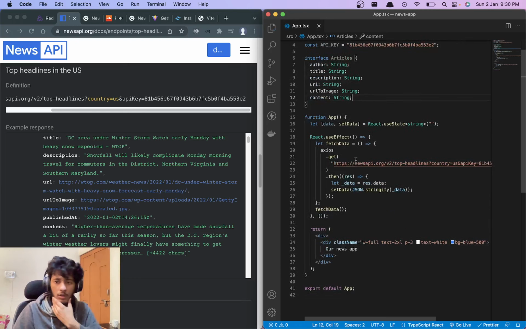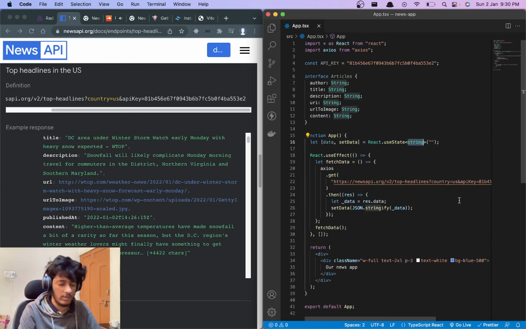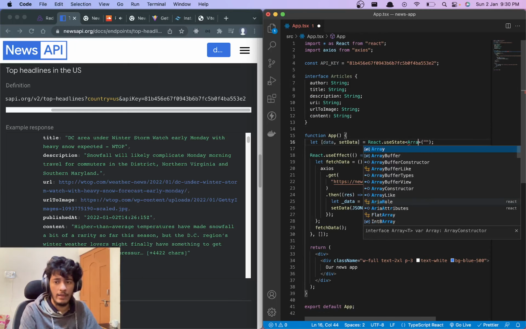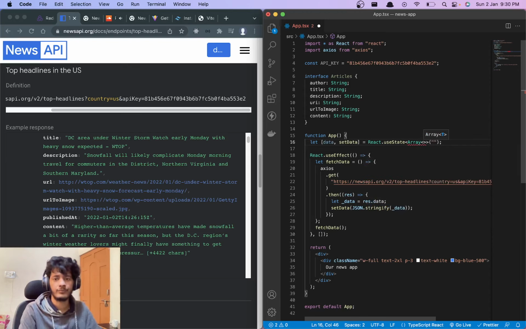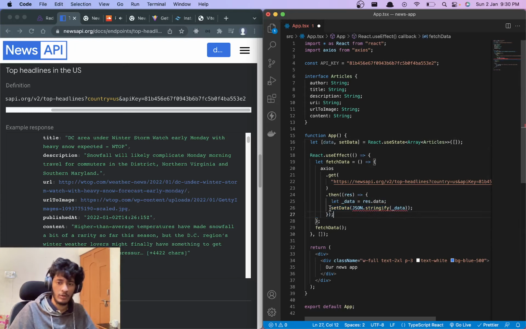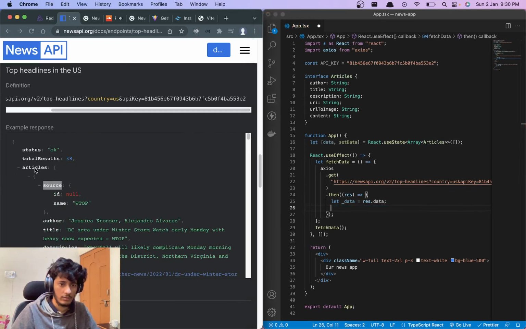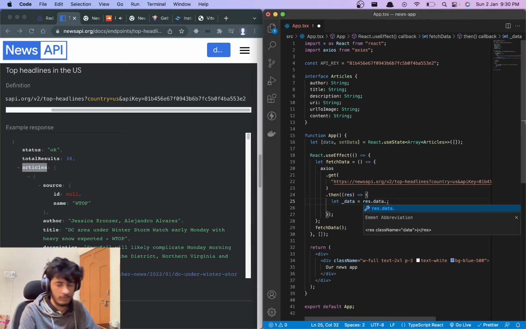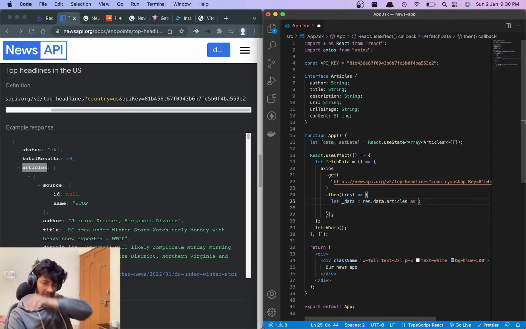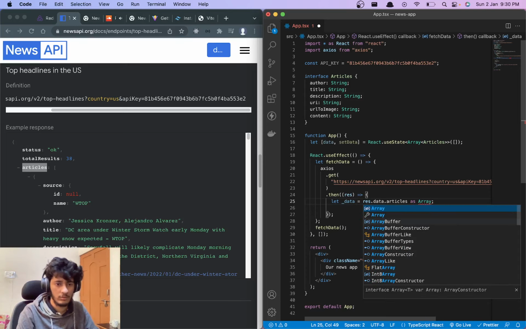So what we can do is say this is an array of articles, and initially this will be like this. Whatever data we receive, the property which we need is articles. So the type of this will be array of articles.